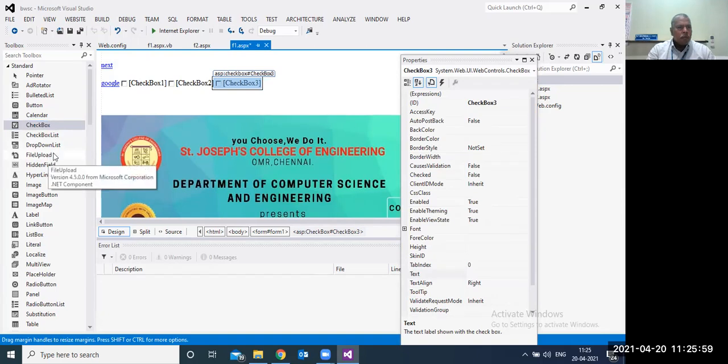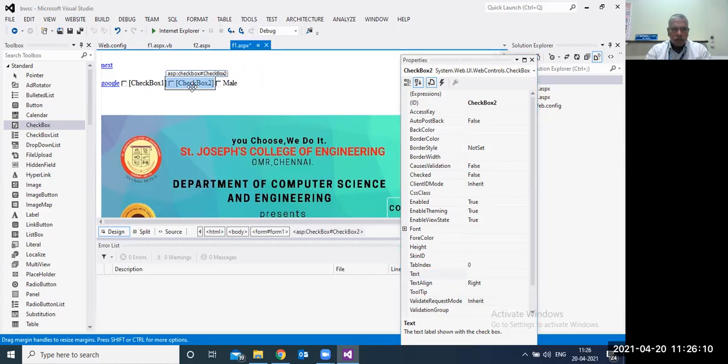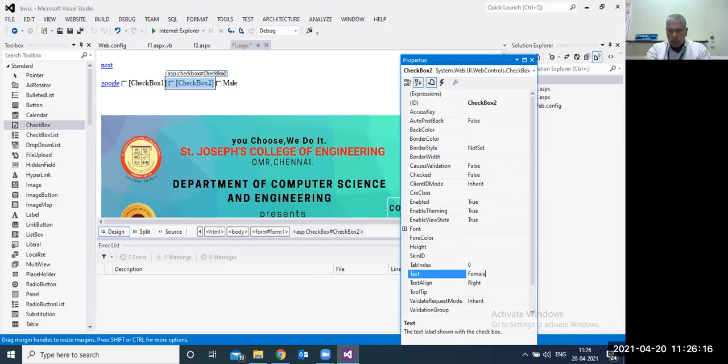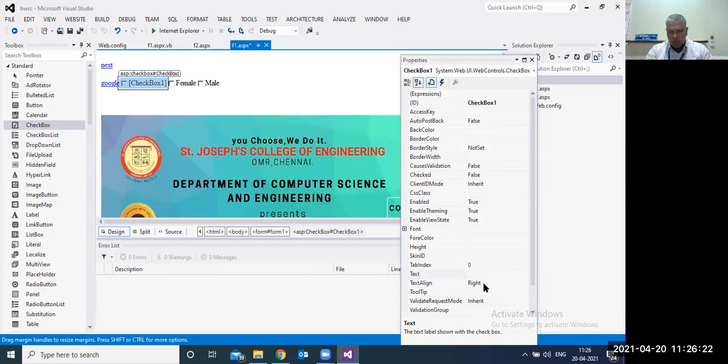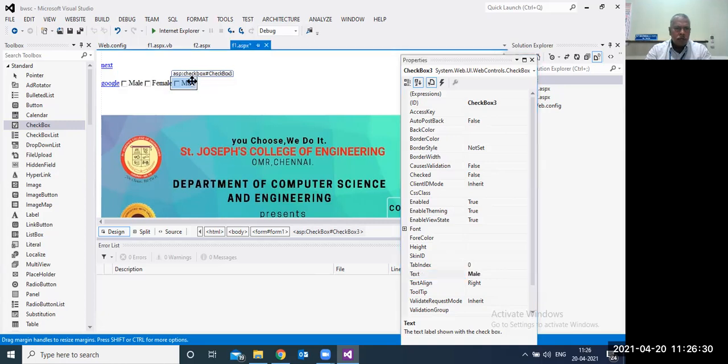I have to change the text: male, female, and third I'll put others. The property I am changing is the name.